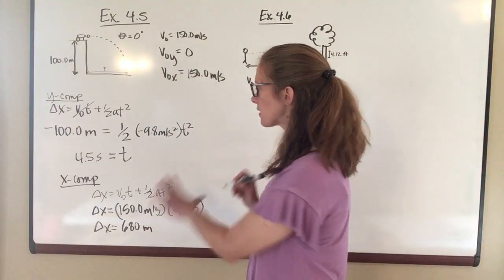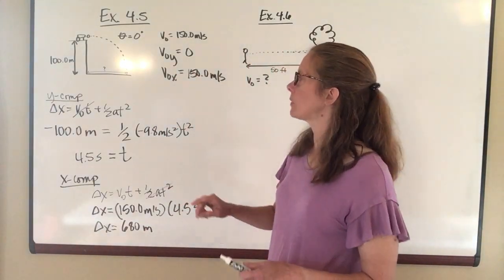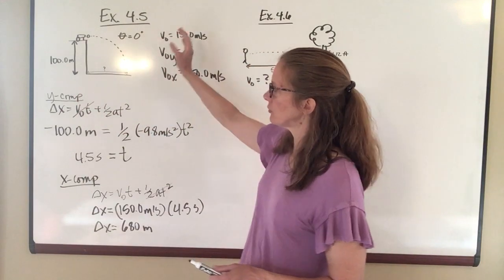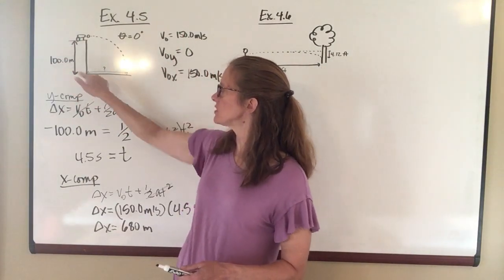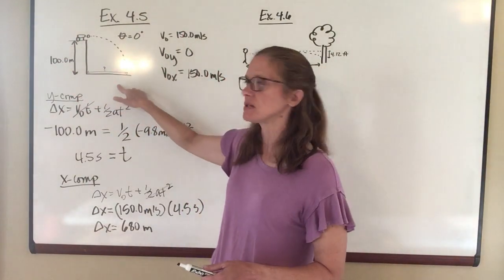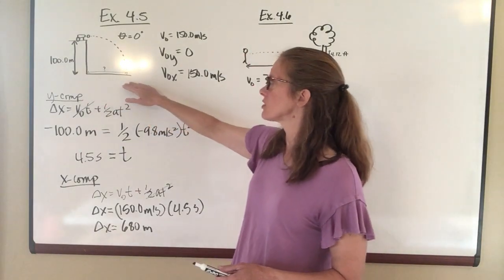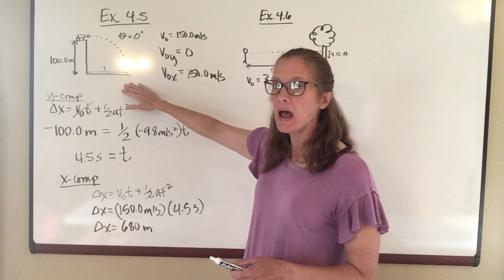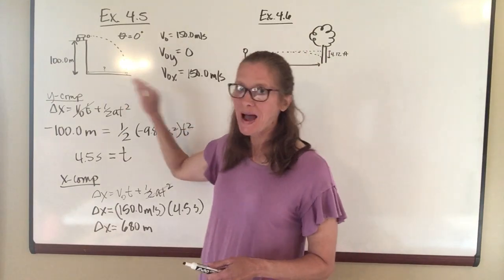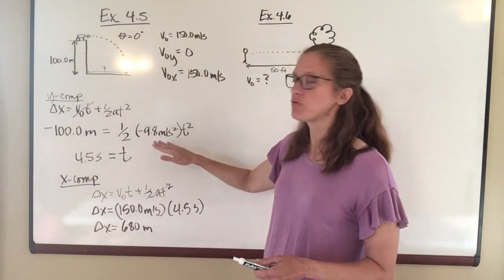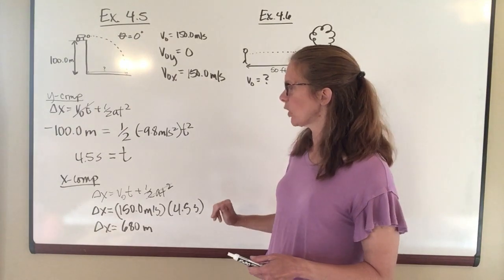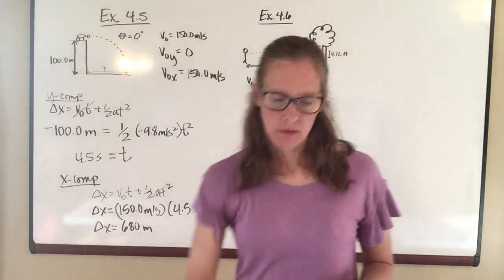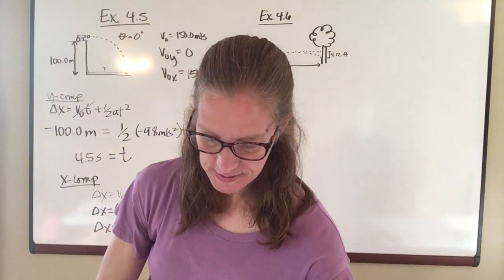Okay, so this is a classic example of a problem where I know initial velocity, I know a vertical distance, and I'm trying to find a horizontal distance. The only way I can find the horizontal distance with the information that I have here is that I'm going to have to know the time in the air, and time in the air has to be determined from the y component. Okay, so now let's move to example